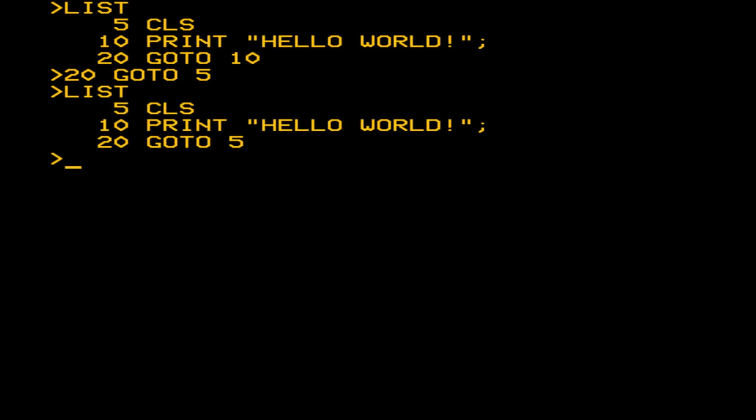There we go. And what you can then do is ask the children, how do you think this program is going to behave differently? And it's quite interesting to see if they will spot that it's not going to produce this whole page of hello world, because now we're going right back to the start of the program and we're clearing the screen each time. So we'll get this rather odd result when we run the program. Here we go. So what's happening? It's clearing the screen, it's writing hello world, it's clearing the screen, it's writing hello world, and again it's in this infinite loop. So we'll escape from that, list,